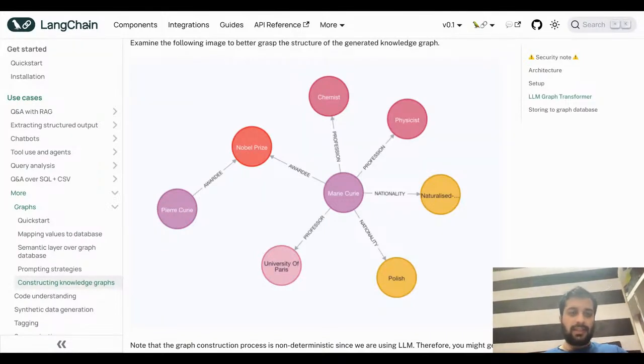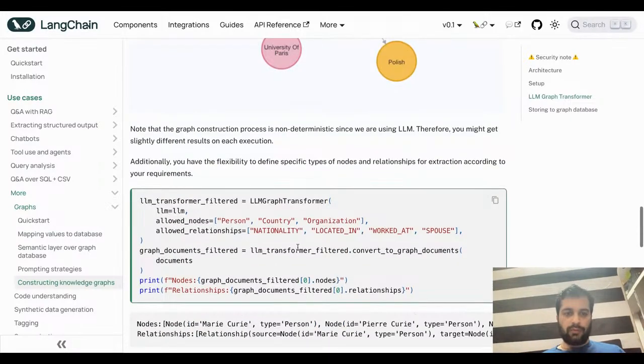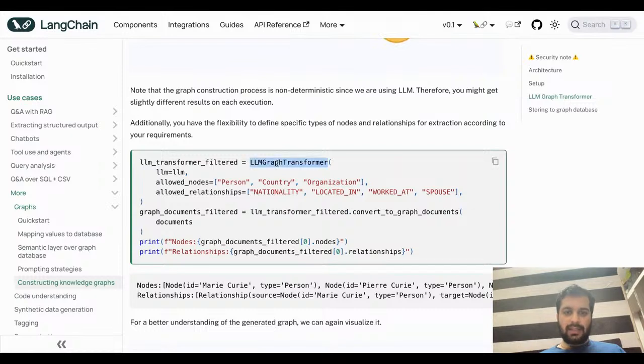That doesn't matter that it is efficient. No, here you have to again apply your logic, your decision. That's why I keep on saying your job is not going to be lost. It's not possible because at each step you have to take a good decision. That's why you are very important. Okay, now what we will do, we'll say LLM graph transformer, allowed nodes: person, country, organization,